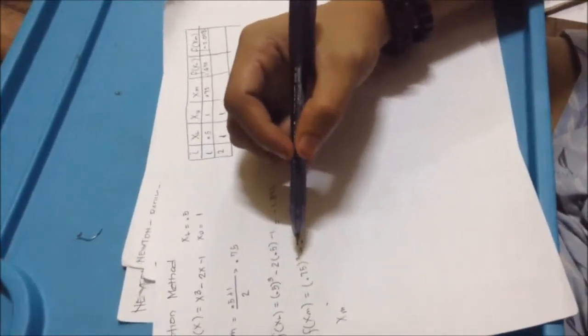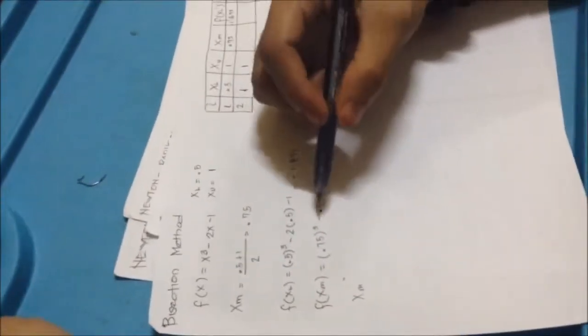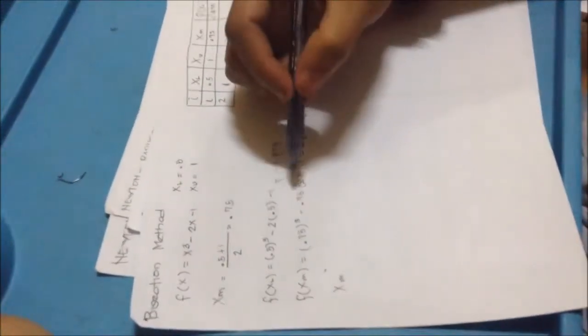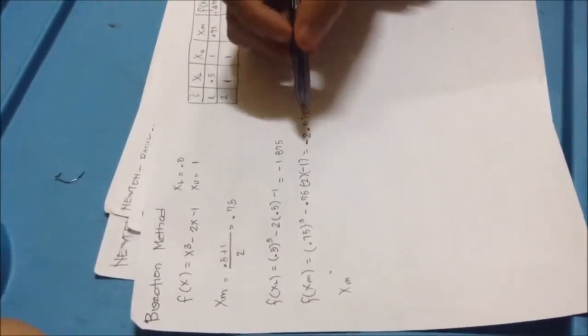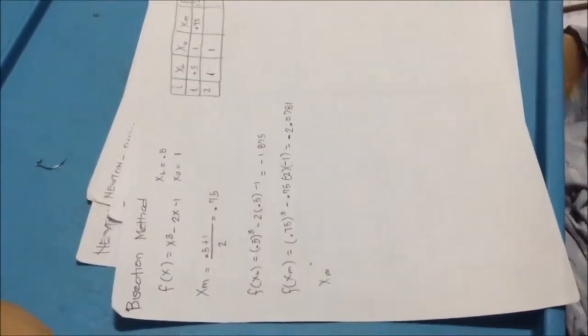To get f of x mid, just use the formula x mid cubed minus 2 times the value of x mid, which is 0.75, minus 1. So the answer is equal to negative 2.0781. So in the algorithm, the condition is if f of xl times f of xm is greater than 0,